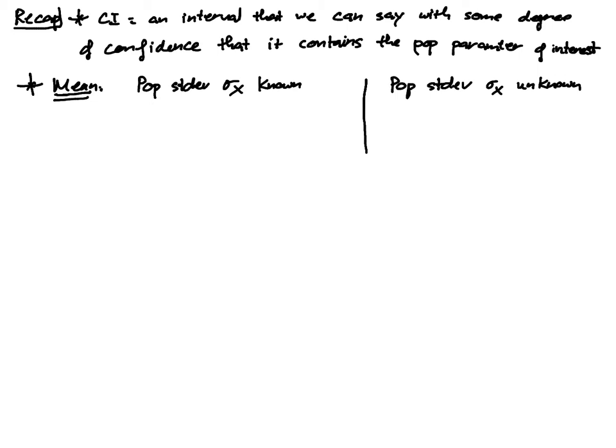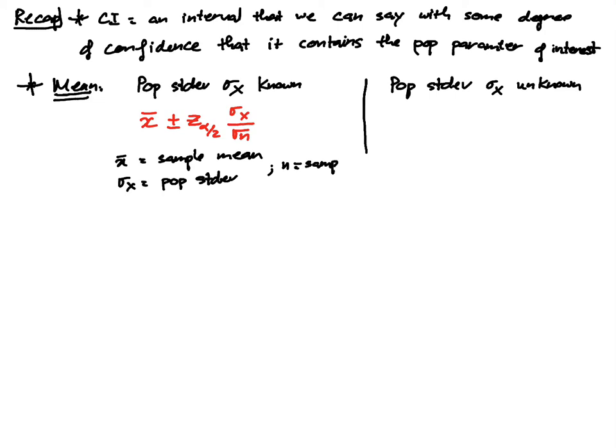Now, if we know the population standard deviation, to construct the confidence interval, we're going to use the formula x bar plus minus z sub alpha over 2 times sigma x divided by the square root of n, where x bar here is the sample mean, sigma x is the population standard deviation, n here is the sample size, and z sub alpha over 2 is the z value